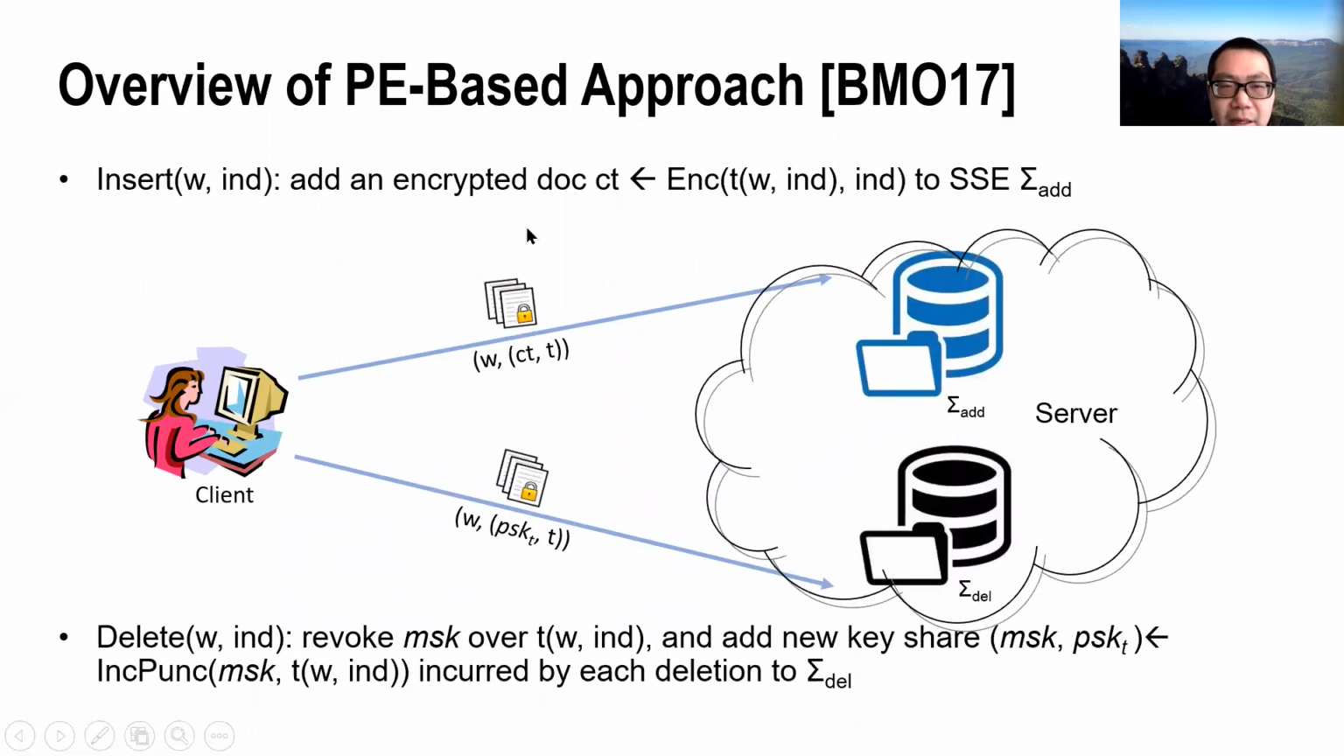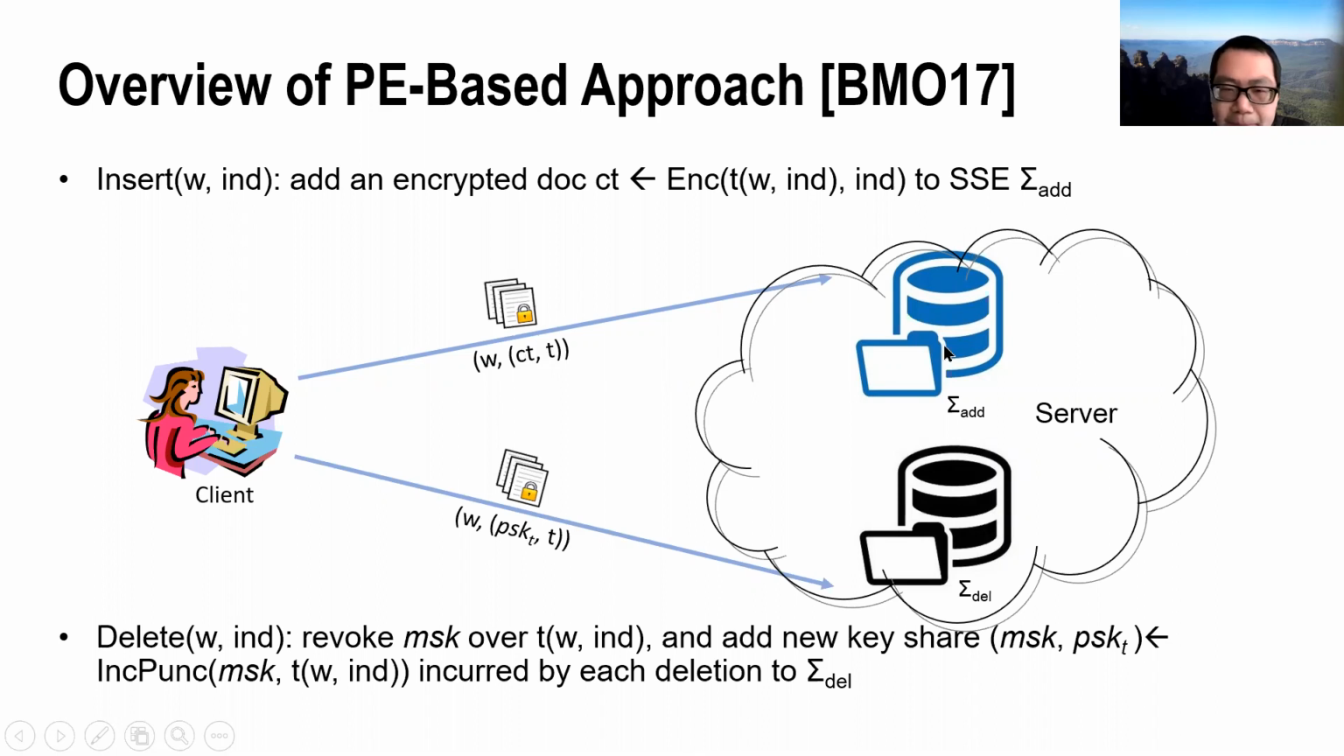The high-level idea of this approach is to use two forward private SSE instances to achieve backward private dynamic SSE. In more detail, to insert the document ID containing a keyword W, the client first generates an associated tag T, and then encrypts the document ID by using the punctured encryption and gets the subtext CT. Then the client uploads the subtext CT together with the corresponding tag T to the server by using the first